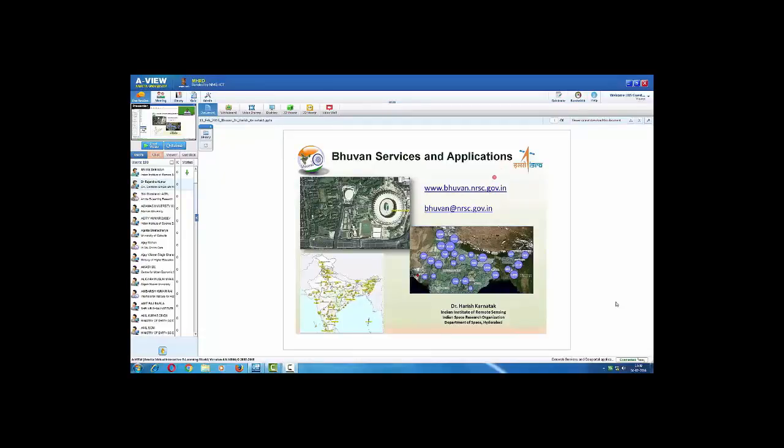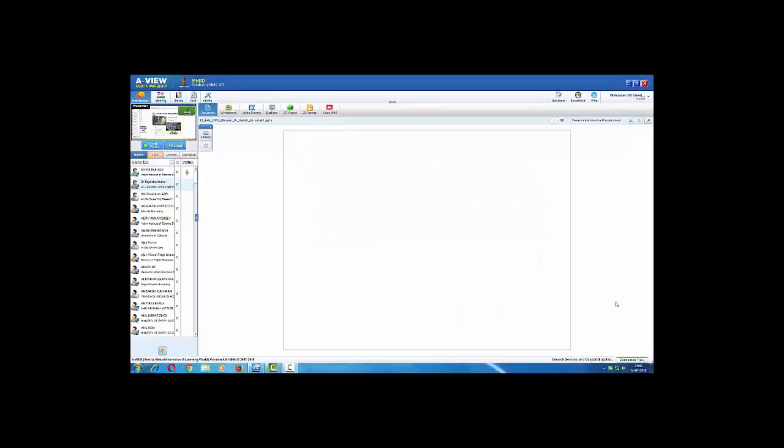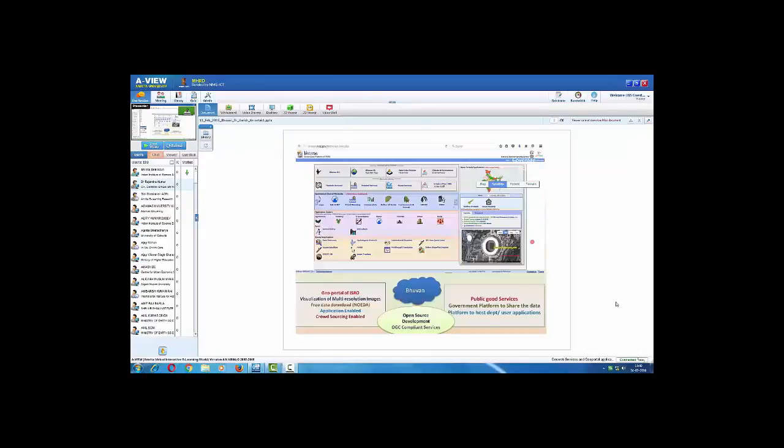As its name, Bhuvan, is taken from Sanskrit, which means earth. So we are talking about the earth and related data and information here. When you type this URL, you will get the home page similar to what you are seeing here on your screen. Here the major components of Bhuvan are displayed on the home page, and you can see at the